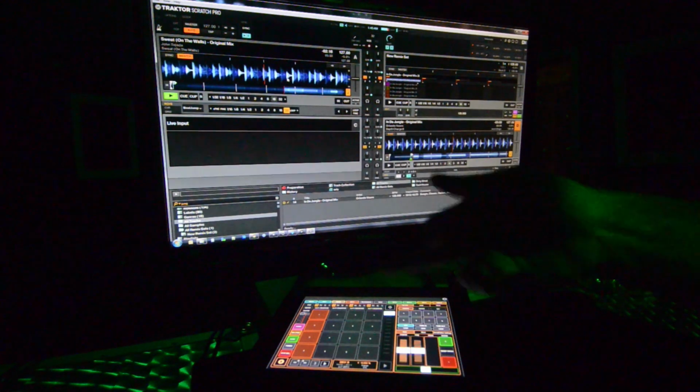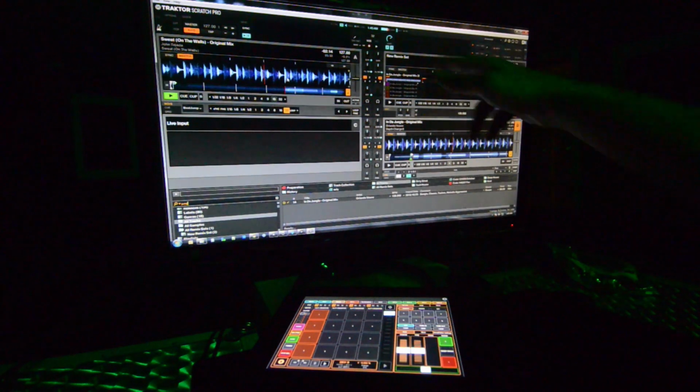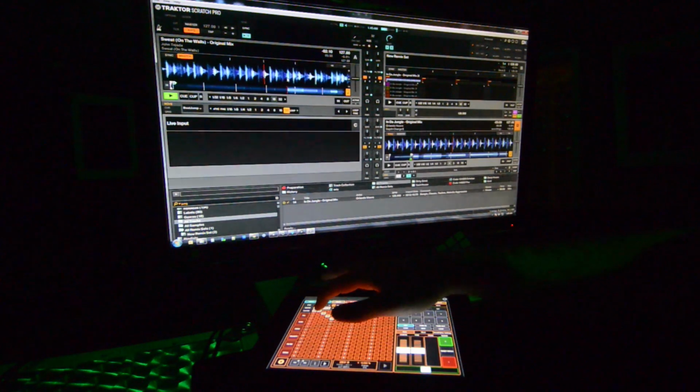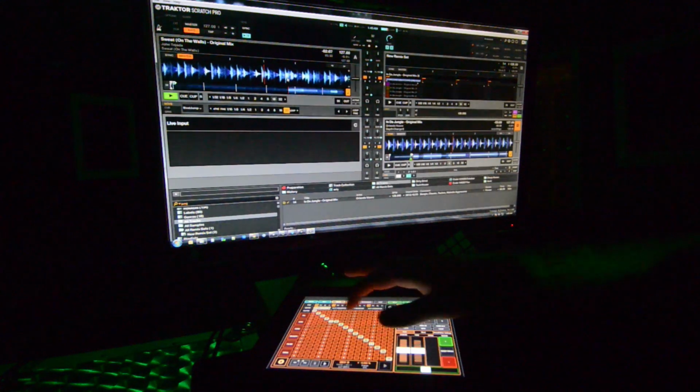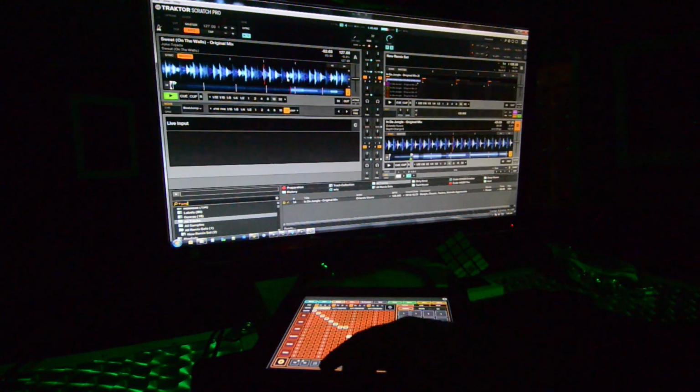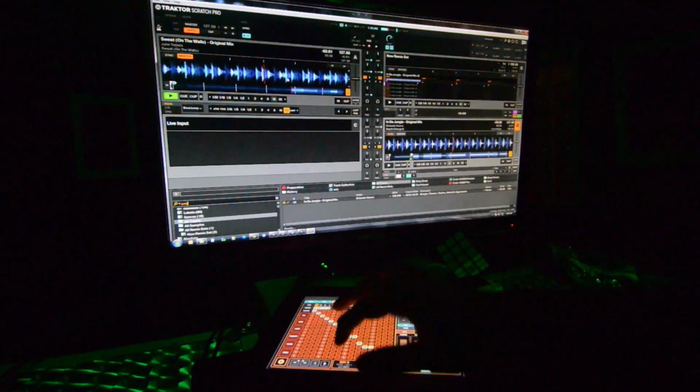When you take a sample in Traktor, for some reason it wants to start the remix deck. I'm working on that, but anyway. So we should have the remix deck sequence working. It's not going to sound very good because it's off sync, but